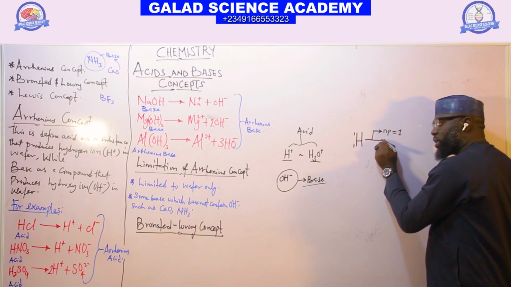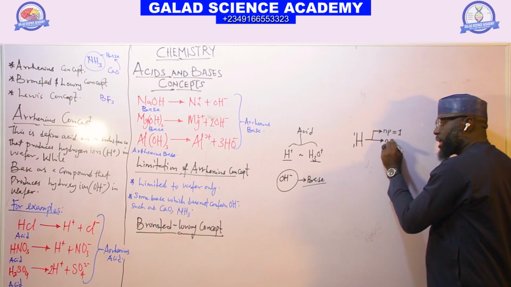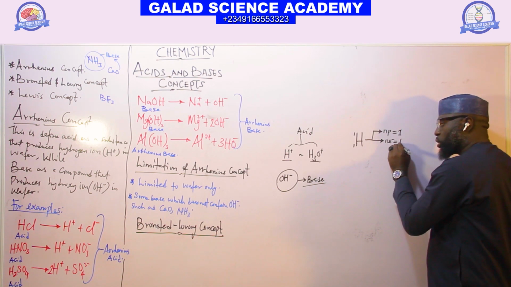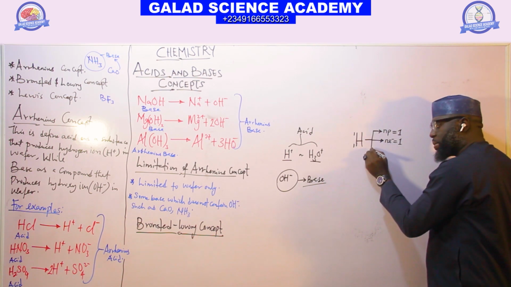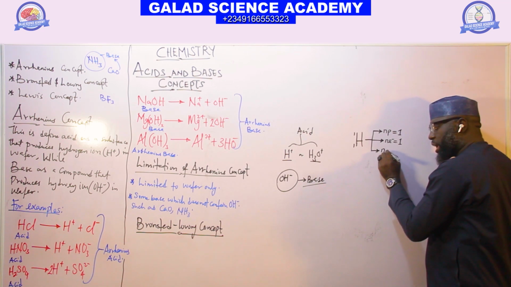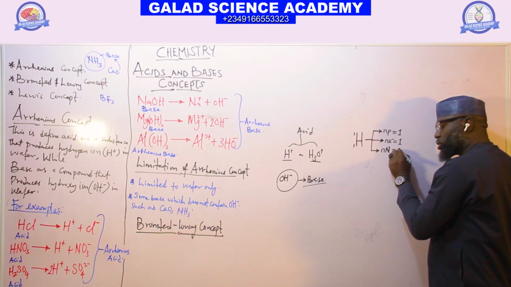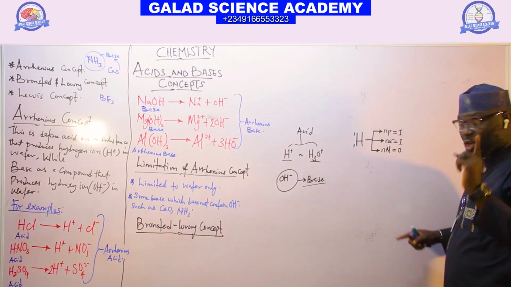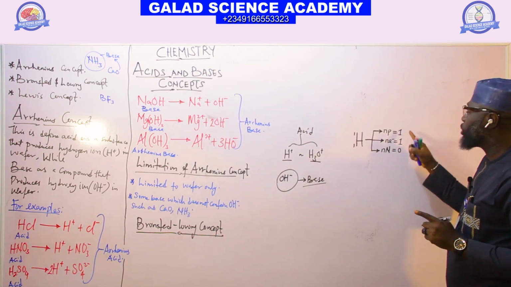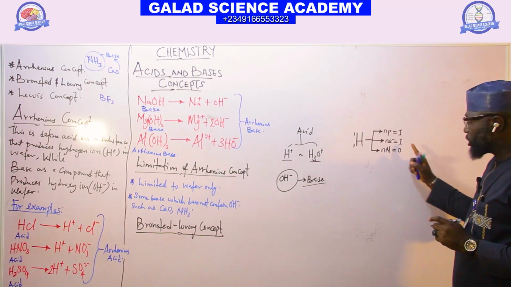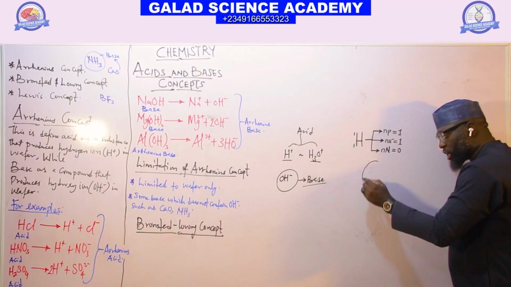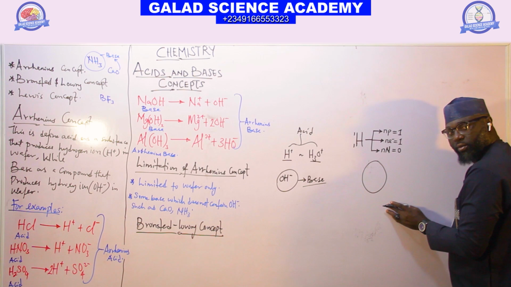The number of electrons, Ne, is also 1. The number of neutrons, I call it capital N, is equal to 0. In normal hydrogen we have 1 proton, 1 electron. So if you draw the shell of hydrogen,